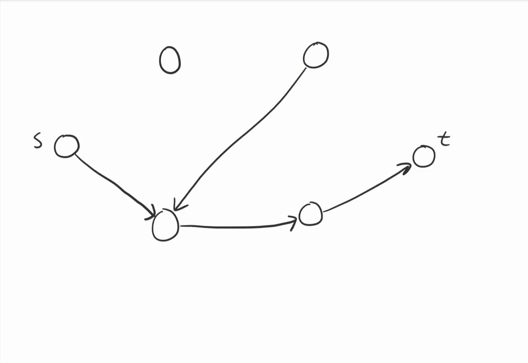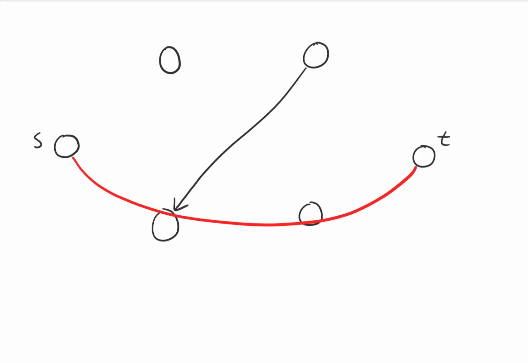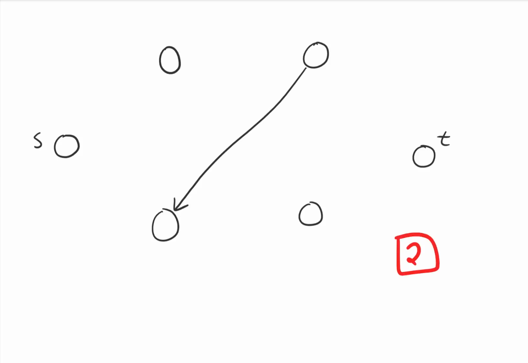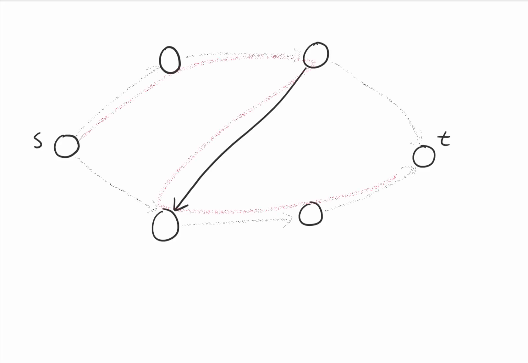Okay, and so now I've removed the edges. I could try finding them below. So we found our second path, we removed the edges, and now we're left with a graph where all the edges have been removed and nothing has gone wrong. And our answer here is 2. And so that worked out. But it's not always going to work out. So let's look at a case where we end up making a mistake.